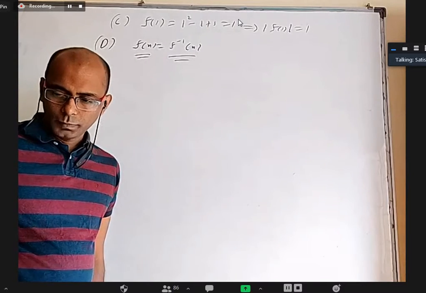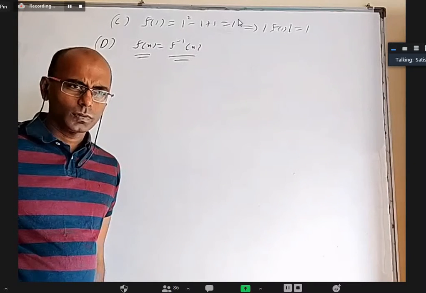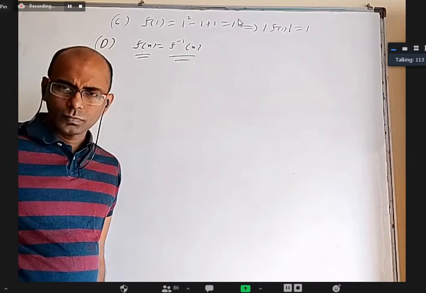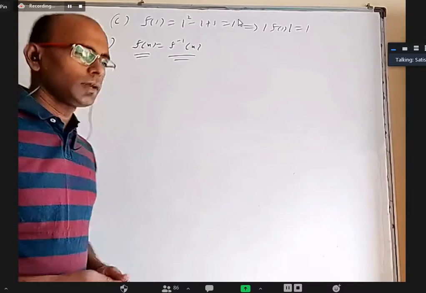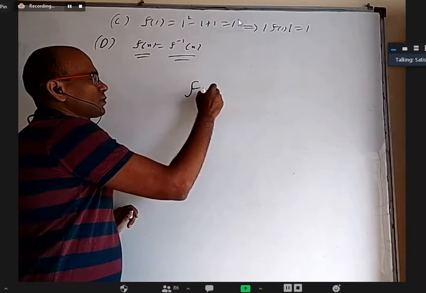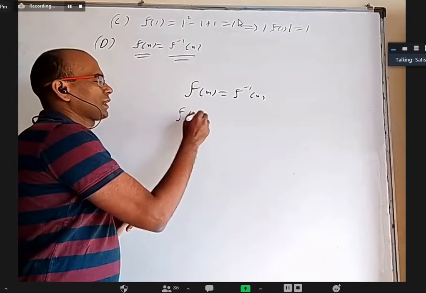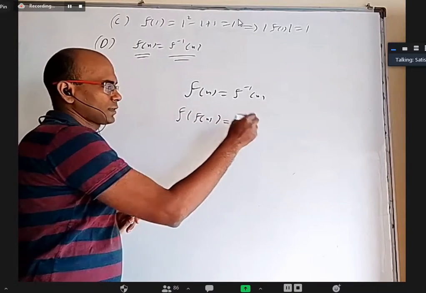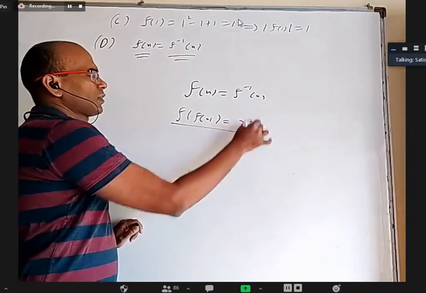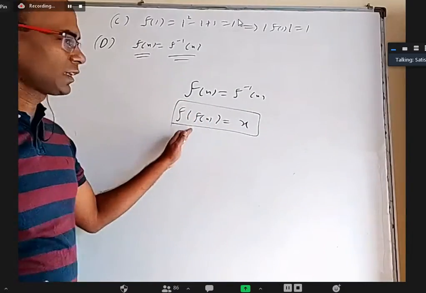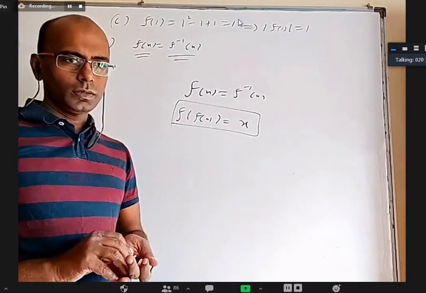Yes. I got a quadrant. Not a quadrant. Of course, somebody can do something else. f of x equal to f inverse x. They can apply f on both sides, and you can get f of x is equal to x. And then this second one. Somebody can solve this also, some answers will come.